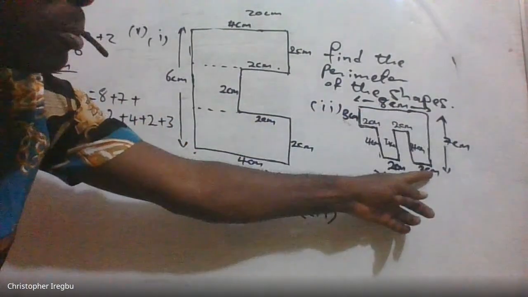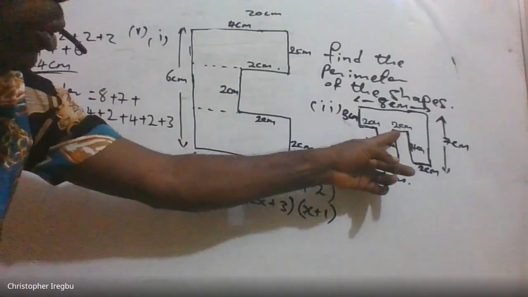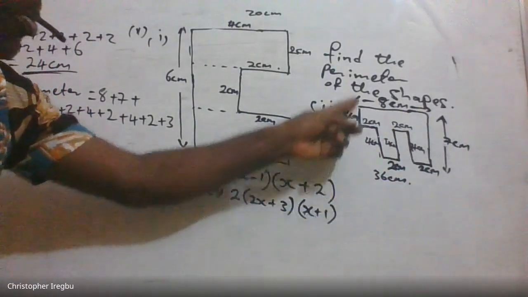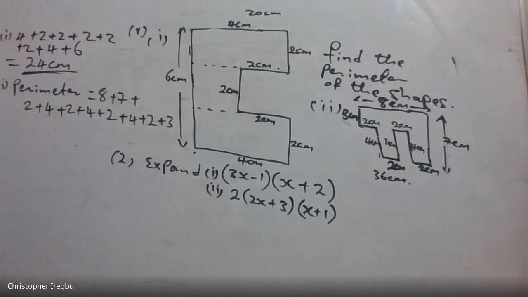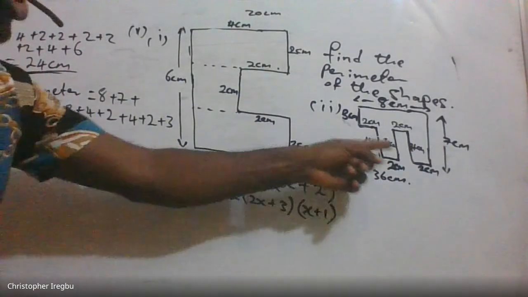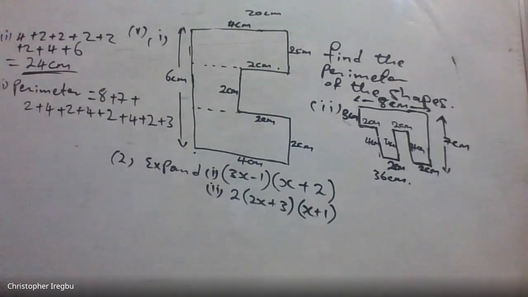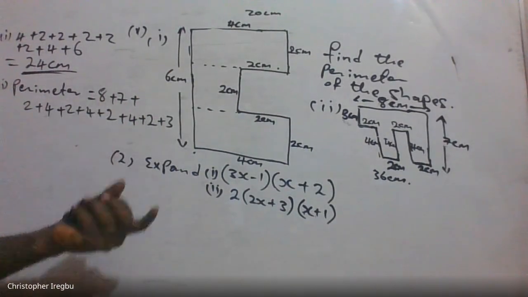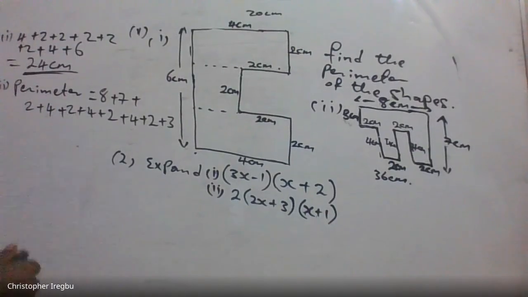8 plus 7 plus 2 plus 4 plus 2 plus 4 plus 2 plus 4 plus 2 plus 3. That's the perimeter. So the sides that are not given in the shape, you have to identify them yourself from the shape and from the ones that are given. Very important. So from here, you now notice that the perimeter will be equal to